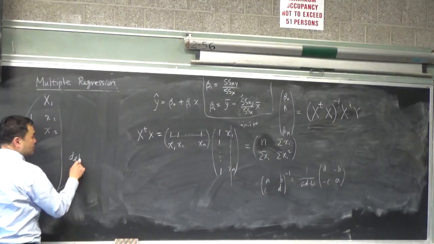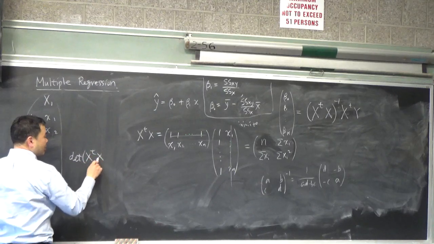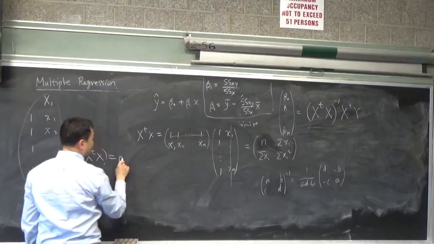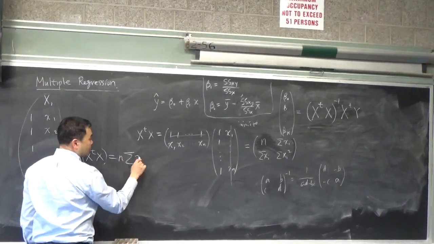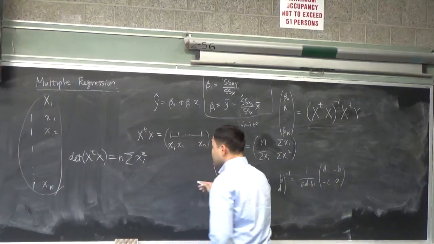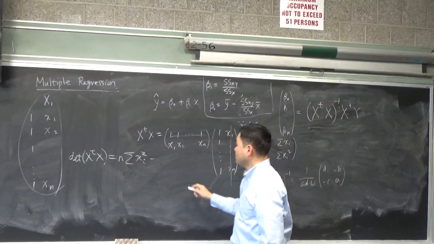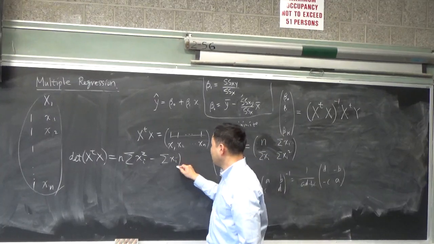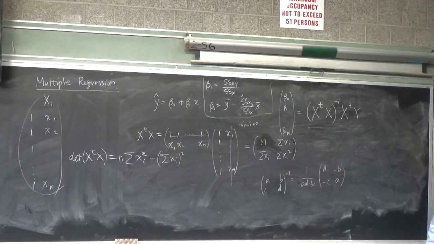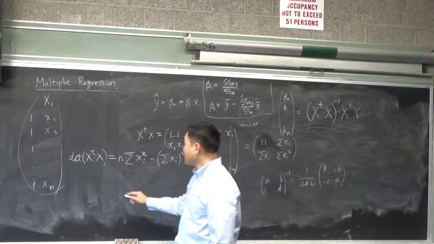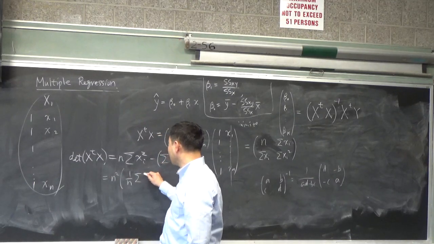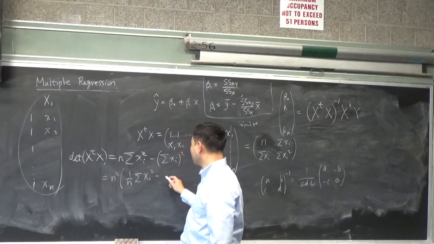The determinant of x transpose x is this times this, n times sum of xi squared, minus the square of the sum of xi. Now that looks really familiar. If you factor an n squared out, you get 1 over n sum of xi squared minus